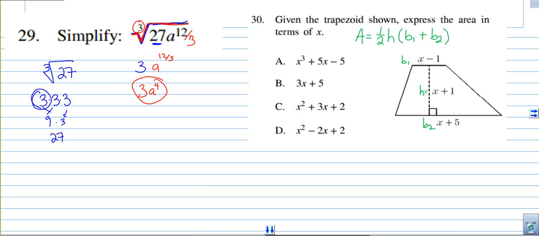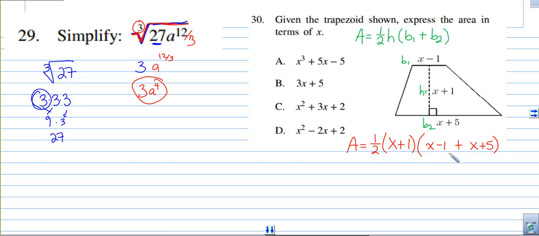Okay, so if we go through and plug in what our stuff is, we get area equals 1/2, and then our height is x plus 1, and then in parentheses we have base 1, which is x minus 1, plus our base 2, which is x plus 5. Okay? So now, normally we'd have something here that you could easily divide by 2, but in this case we don't. So we need to go through and figure out what's inside this parentheses before we start multiplying by 1/2